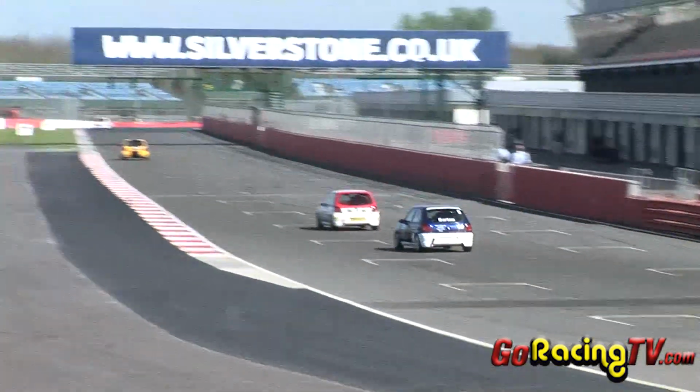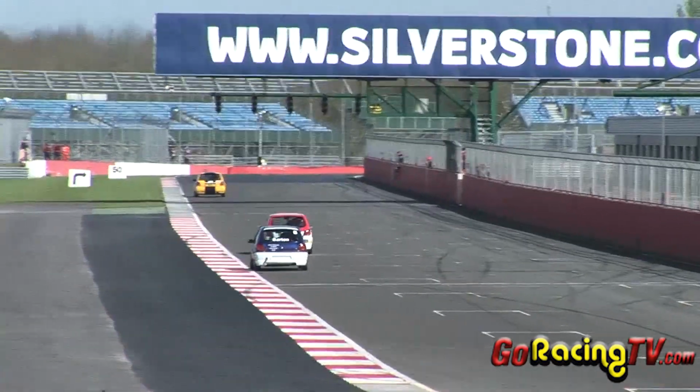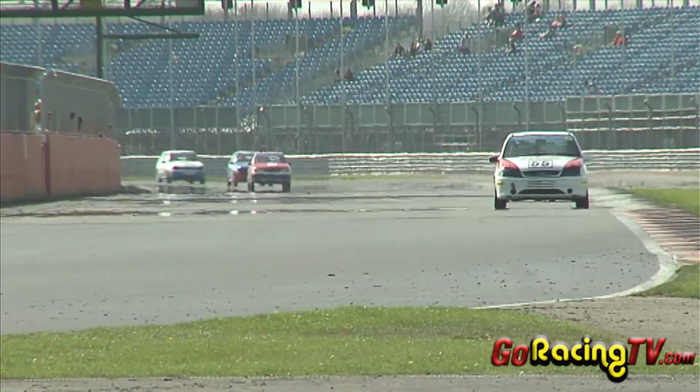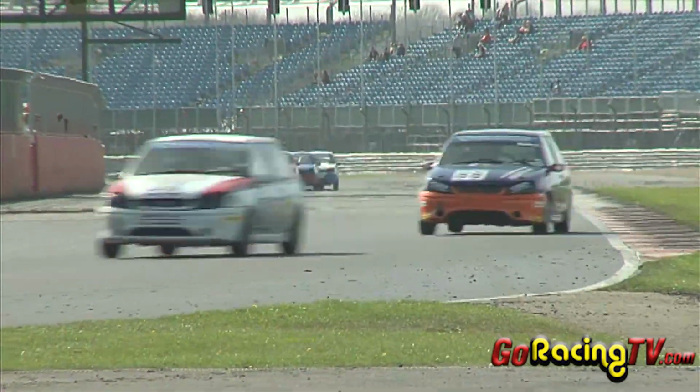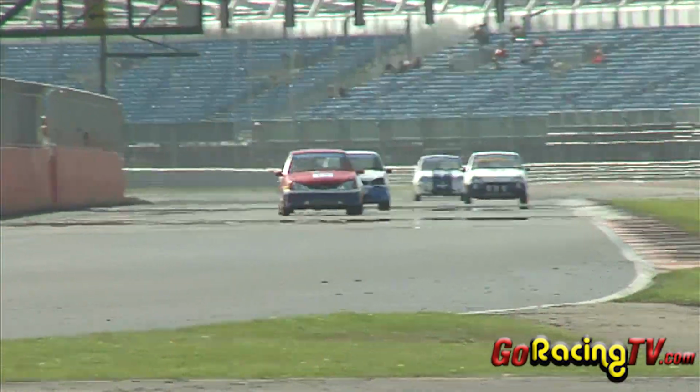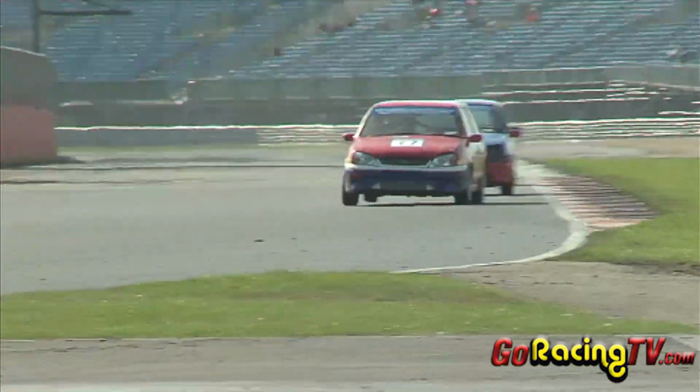Race format for the weekends with the Fiestas. Where we can, we have testing and qualifying on day 1 of the meeting, which is normally a Saturday, and then the 2 races for each of the classes on a Sunday, and the races are of a 20-minute duration, so